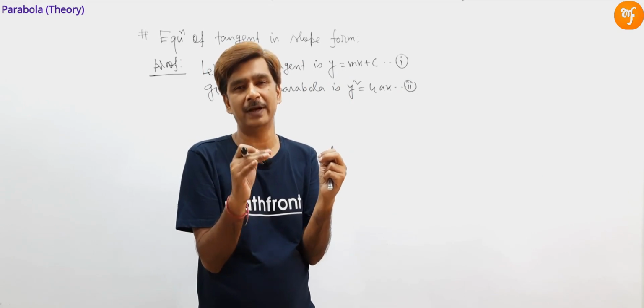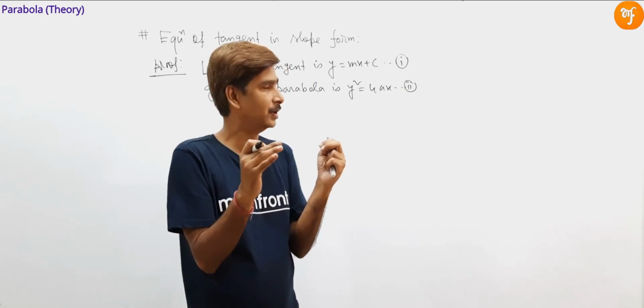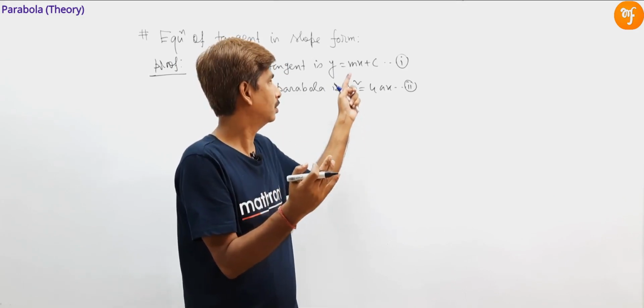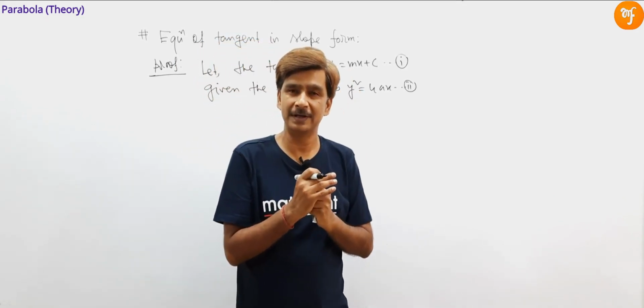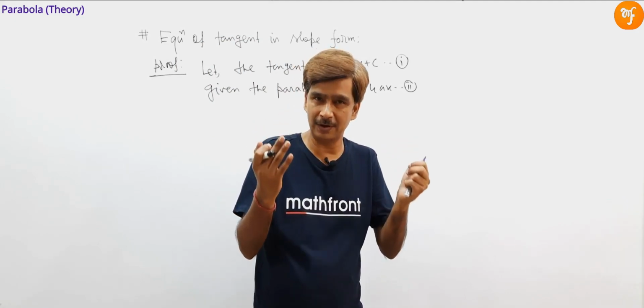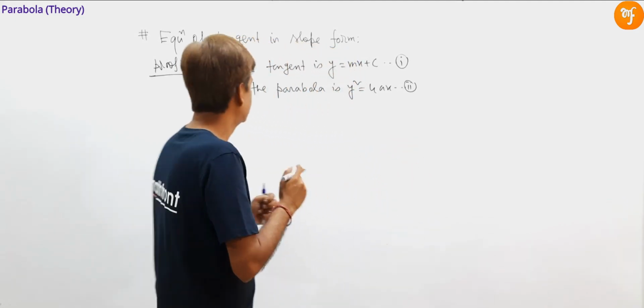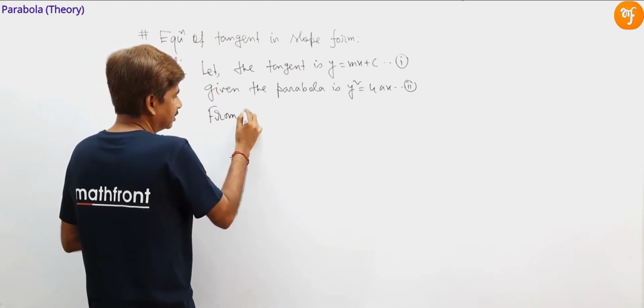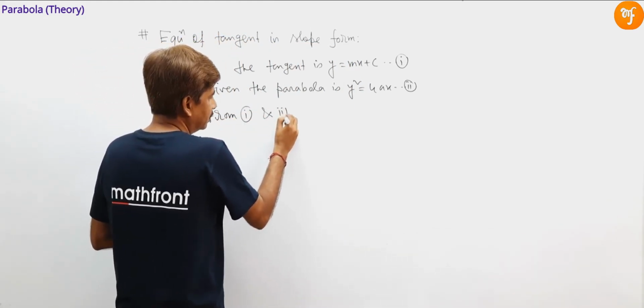and single value of y. That is, we will get only one point which is common to both of these curves, is not it? And that common point will be what? The point of contact, is it? So, from equation 1 and 2, we get